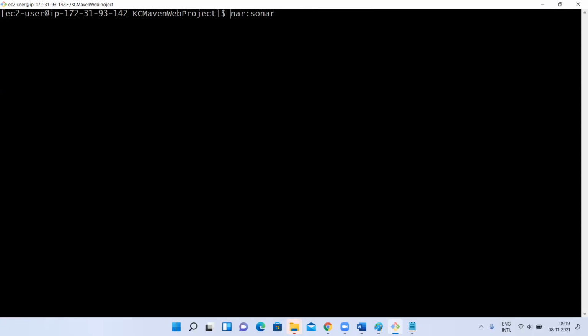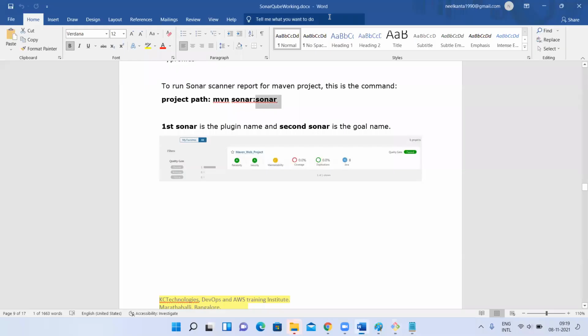Even while integrating with Jenkins, I'll discuss this. If you want to run SonarQube, the automated deployment in the Jenkins job will be like this. First, take the code from the GitHub branch, then run SonarQube, then run Maven. Maven will generate the artifact, take a backup in Nexus, then deploy into Tomcat, right?